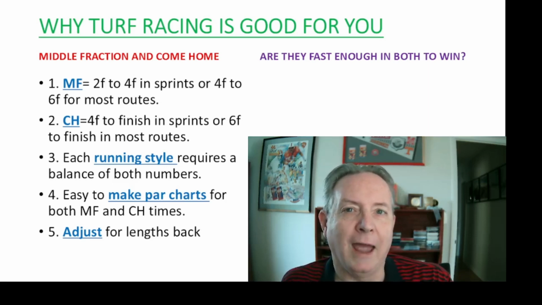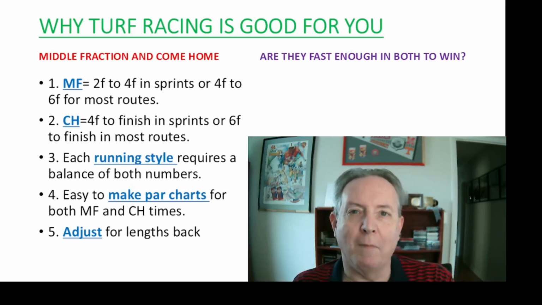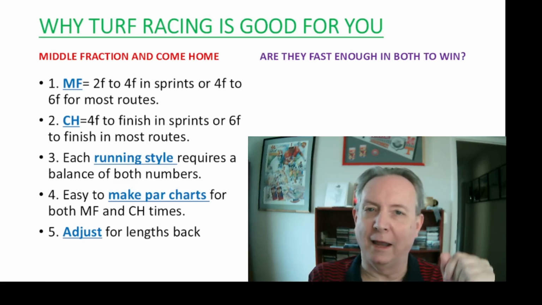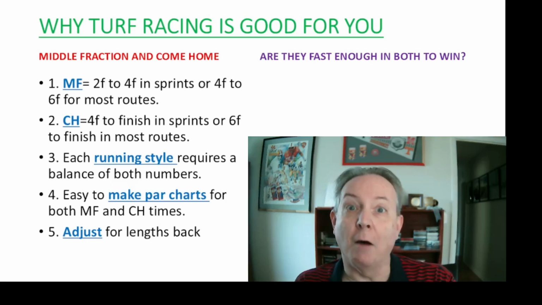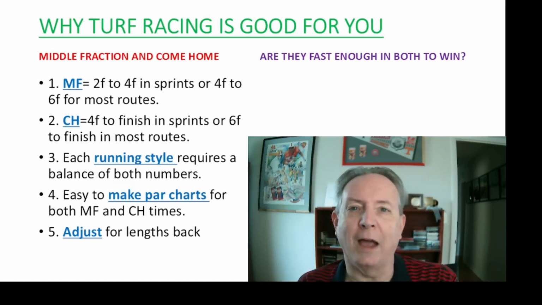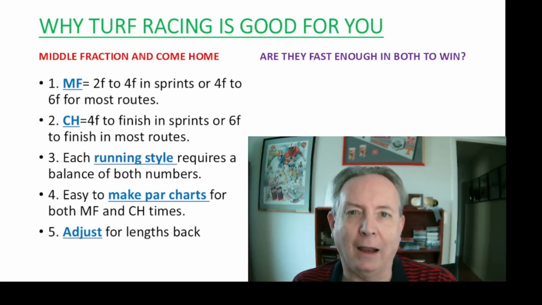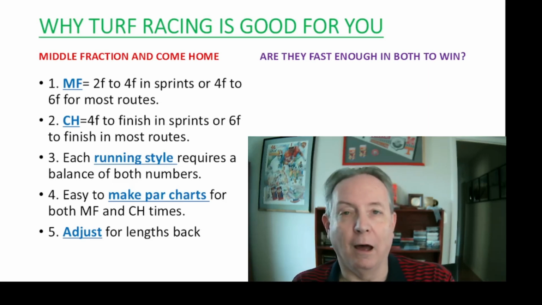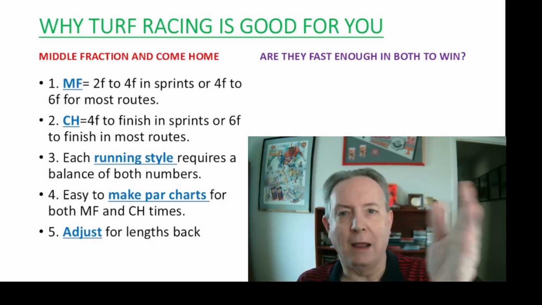But of course, what really happens, even once you do the math, and the math is pretty easy, is you've got to put it in a particular context. And so even though you're going to end up almost always with the closers with much greater come home times, sometimes their middle fractions aren't very good. So when you just lay it out in terms of who's got the best numbers, you've got to take into account one other thing, and that's how far back the horse is at the time when they get to the 2 furlong if it's a sprint, or 4 furlong in the route,